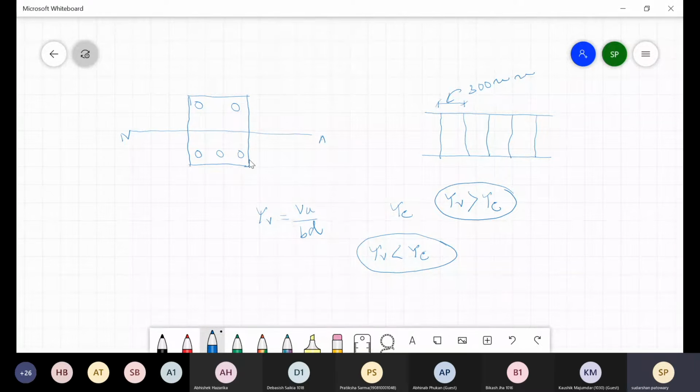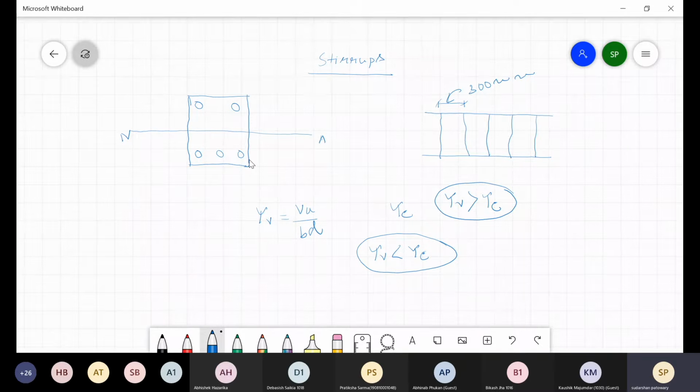We always provide minimum shear reinforcement as stirrups. Stirrups are provided to resist the shear force. So if your tau v is greater than tau c, then we have to design the beam from the shear point of view also.